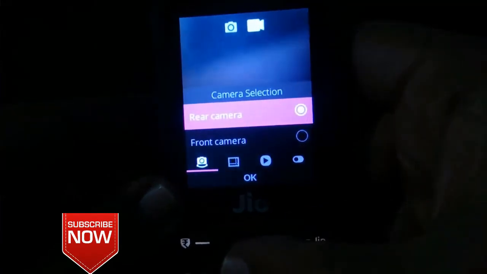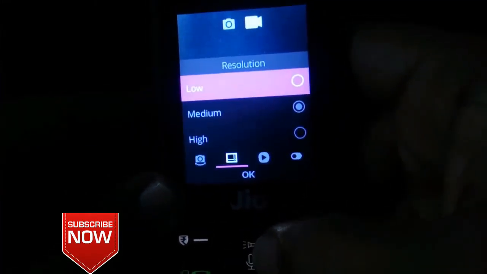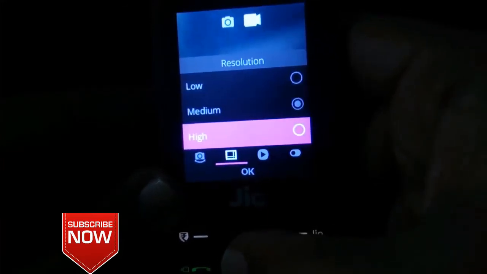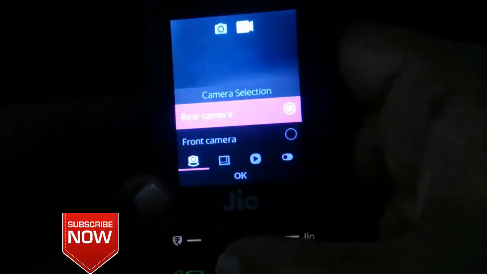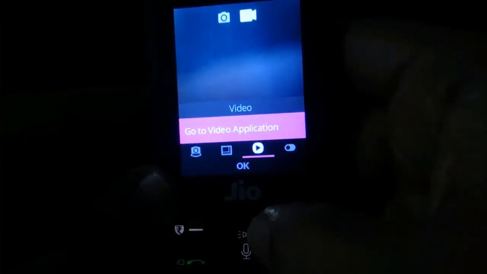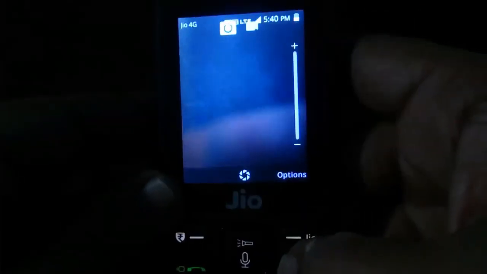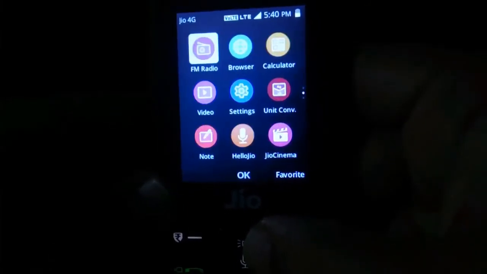So when you use the video mode, you get this red record option. Let's have a look at the front camera. So you can also control the resolution to high and low options. So now let me share the photos and videos that I shot using this phone's camera for you to